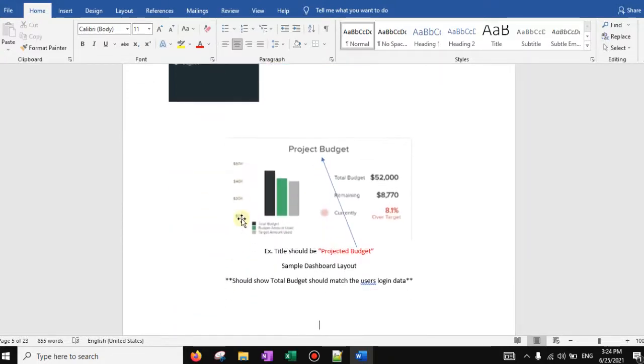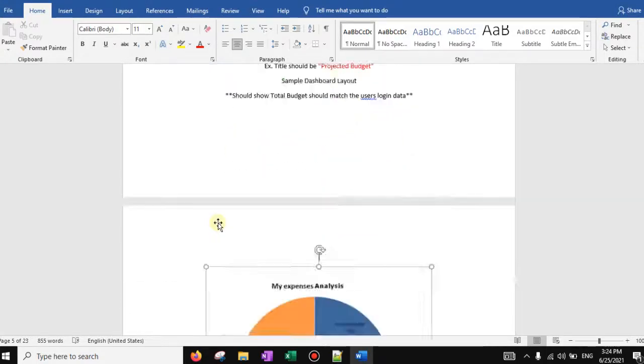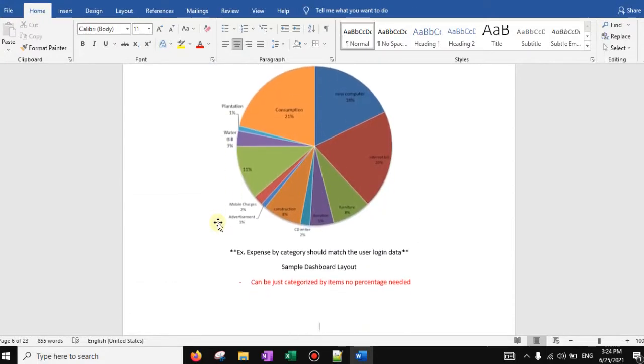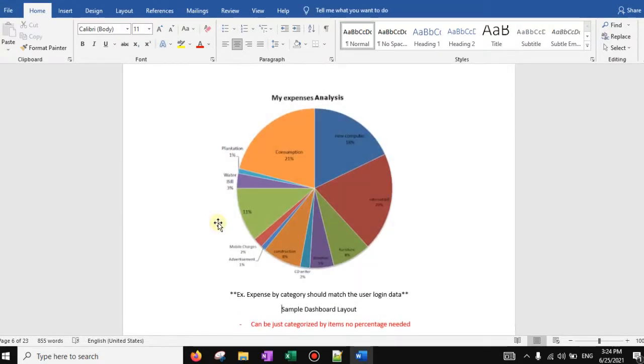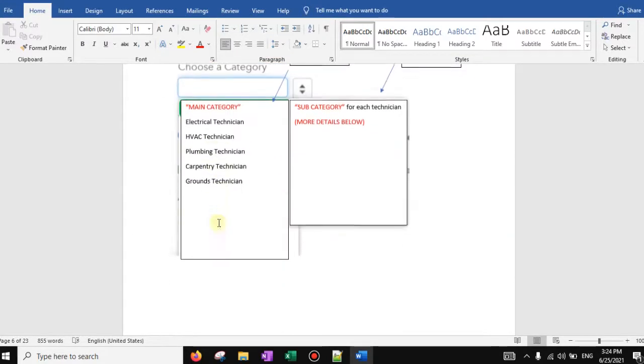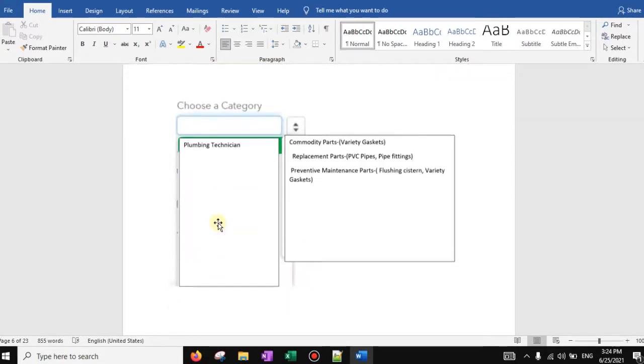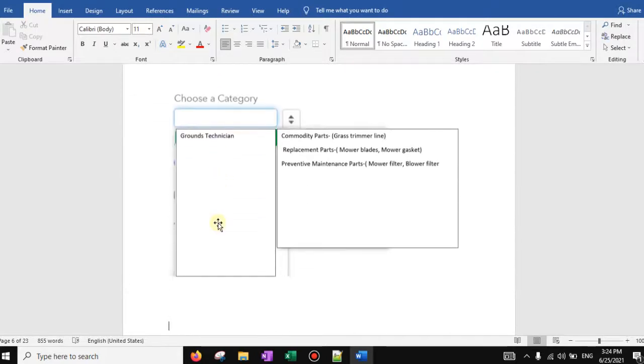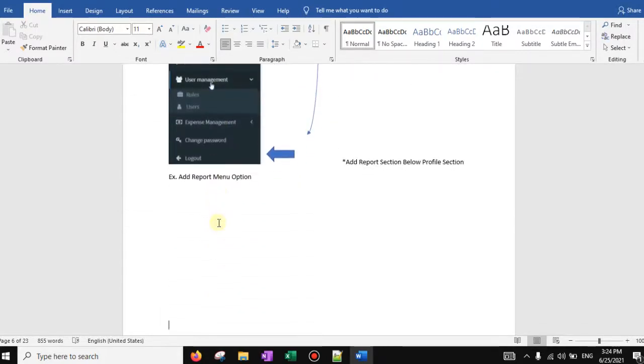Here we can see our calculations in the form of statistics, graphs, and analysis. Dashboard should be like this. We have to design this application as per the given requirements.